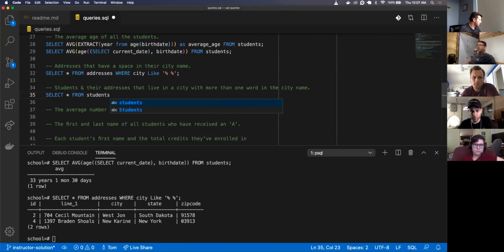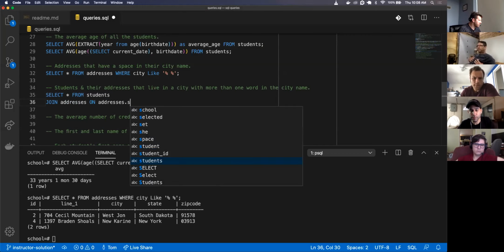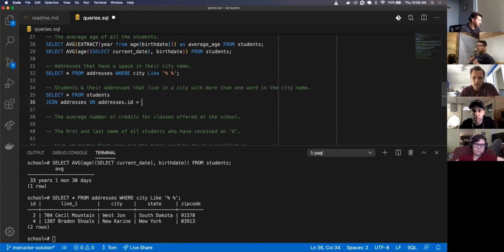Okay. And join on address student ID, students.id equals addresses.id. Okay. Yeah, probably addresses student ID, I think, is the foreign key.